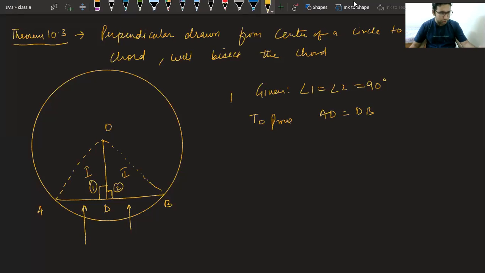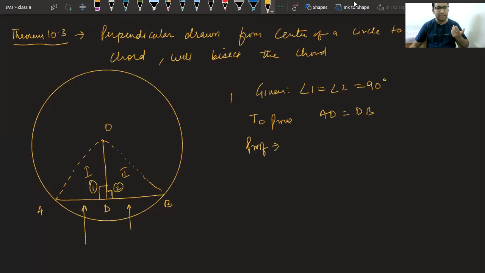Piyush is saying 3 and 4 also. Piyush, 3 and 4, why? Okay, no need. If you want by that, you can do by that also, Piyush. In that case, you will get ASA. But I am going with RHS also. So Piyush gave us a second view to prove. After this, I will take Piyush's also. Just see the proof now.